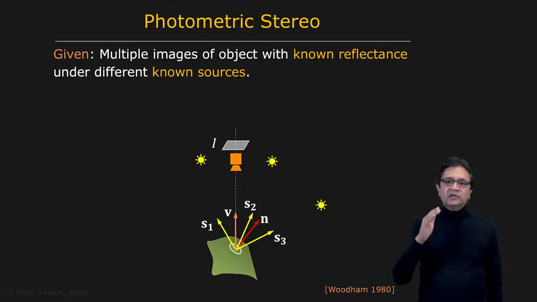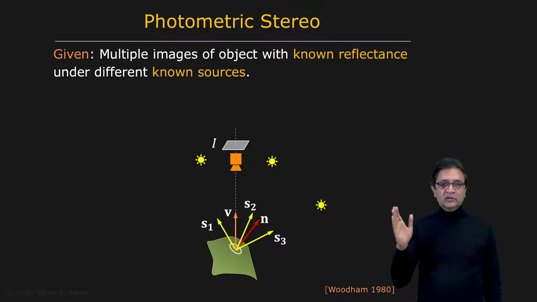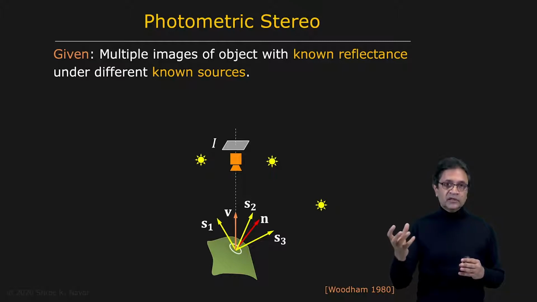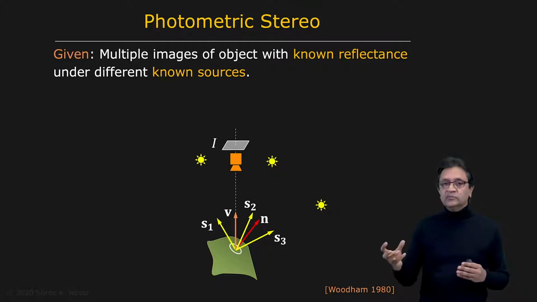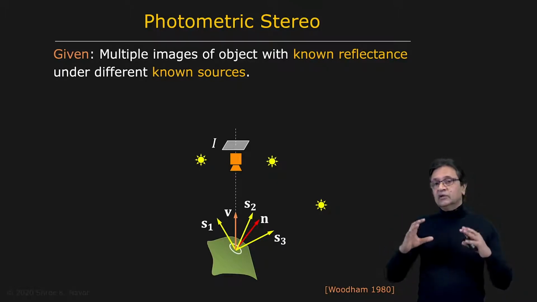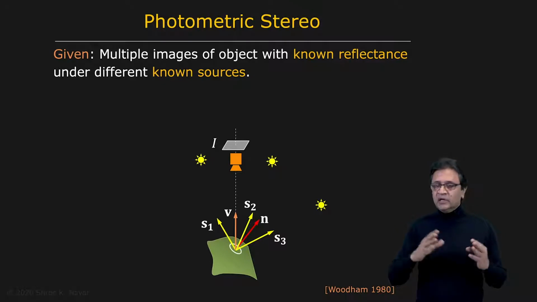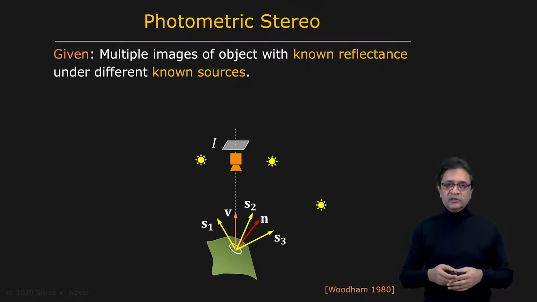It is to capture multiple images of an object under different known light sources. The light sources are in different directions with respect to the object. And we assume that the object has known reflectance properties. These reflectance properties are known to us either in the form of an equation, the reflectance model fully described with all its parameters, or we can use calibration objects, as we saw earlier, in order to understand what the reflectance properties are and represent the effect of the reflectance properties in terms of lookup tables. But irrespective, we know the reflectance properties in this case.